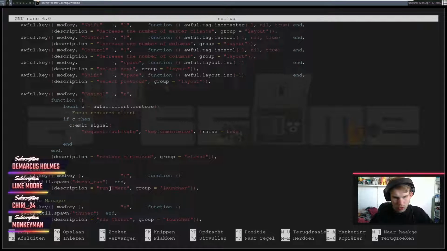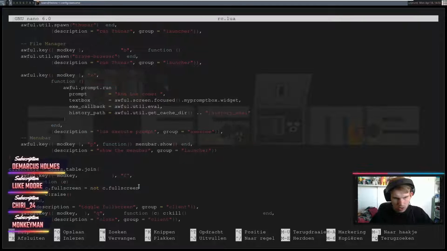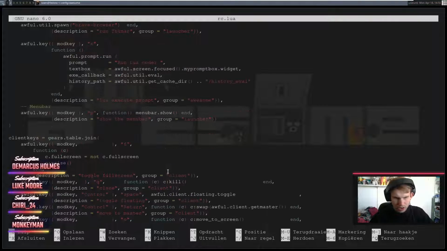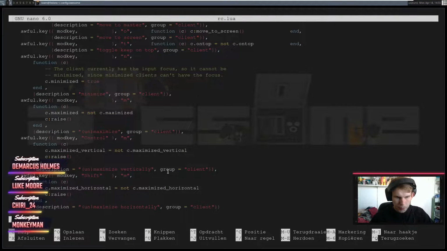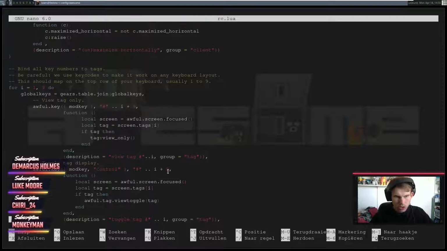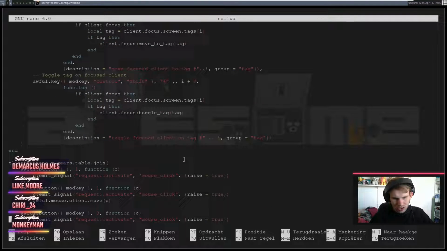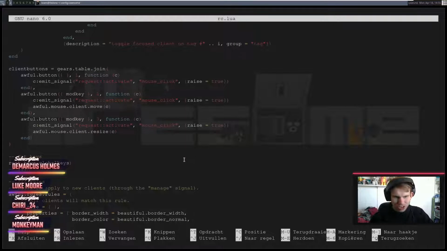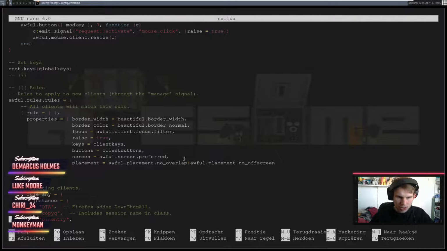Is there anything that I missed in any of this? Menu bar, yeah. I could also just add a brand new workspace to this. I'm not gonna do that, but I could. I'm not sure why I would do that, but it's a possibility that I could potentially do, honestly.